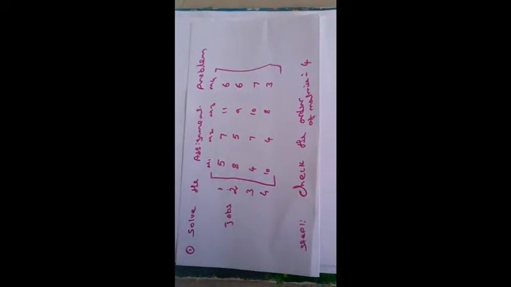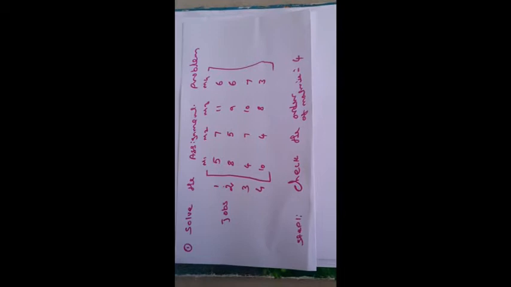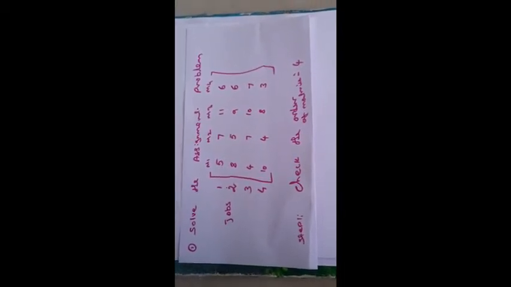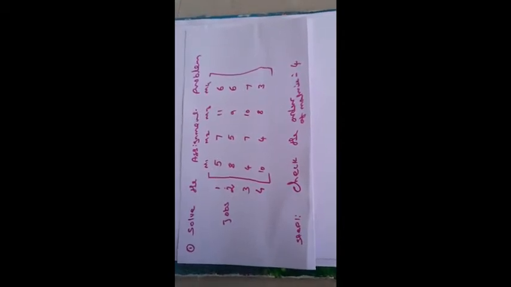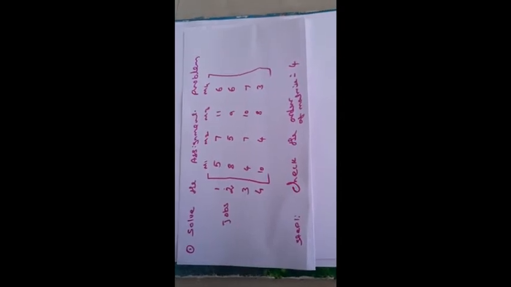If the order of the matrix is not equal, we need to make the order of the matrix the same. If the number of rows is less, we need to add a dummy row with cost 0, or if the number of columns is less, we need to add a dummy column with cost 0. So next, step 2: subtract the minimum element in each row from all other elements in its row.